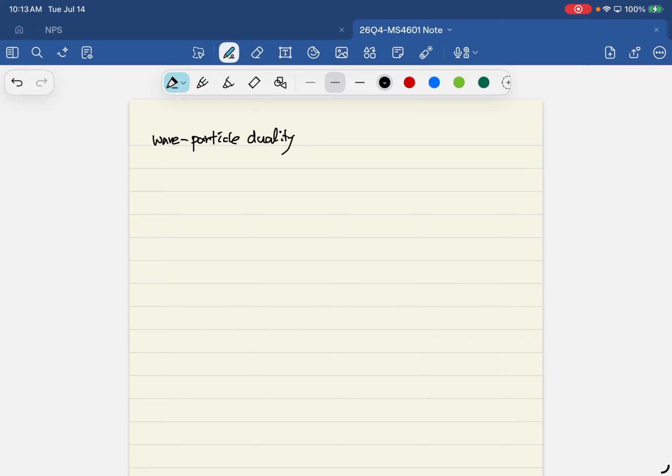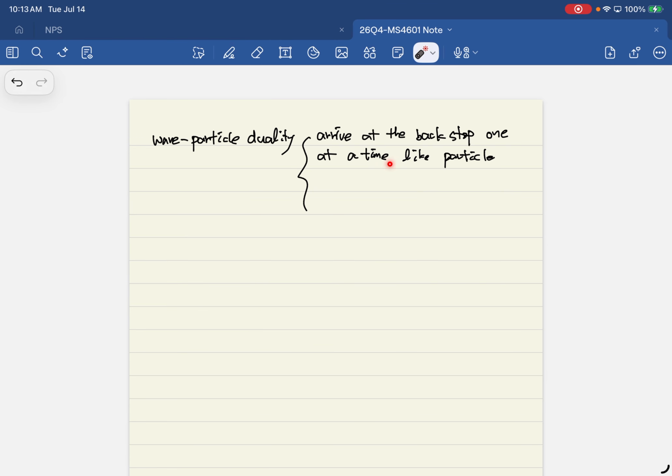Okay. What does it mean? First, electrons arrive at the backstop one at a time, like a particle. Okay? So a wave does not behave like that, right? But a particle behaves like a particle because when we shoot an electron, it arrives at the backstop one at a time. Okay, but it also exhibits a wave property, like the probability